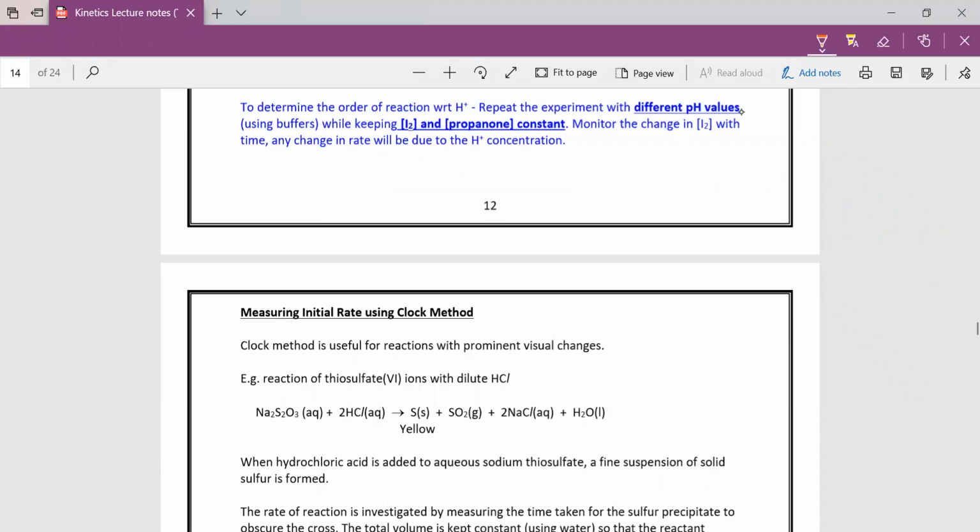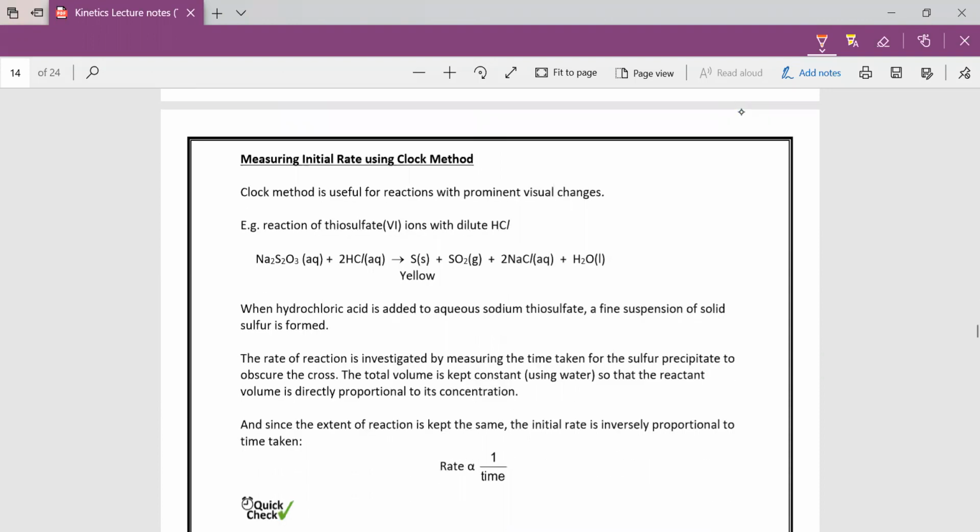Okay, so now we're going to take a look at measuring initial rate using the clock method. In this example, thiosulfate reacts with HCl to give yellow sulfur being produced, which is actually a suspension. This rate of reaction is investigated by measuring the time taken for the sulfur to